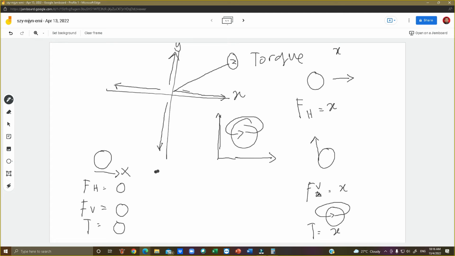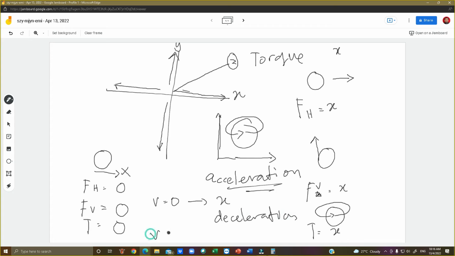So the differences between 0 and x is only 1. That difference is whether there are presence of acceleration. If there are presence of acceleration, okay, velocity daripada kosong boleh jadi x. Kalau ada case deceleration, velocity daripada x boleh jadi kosong.